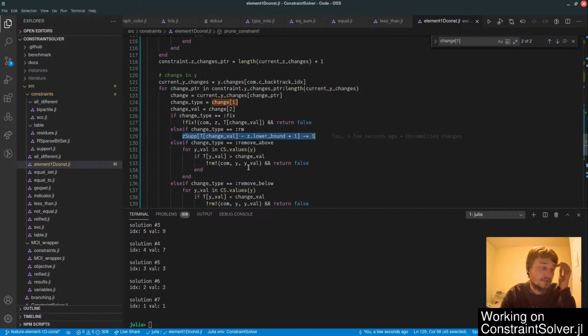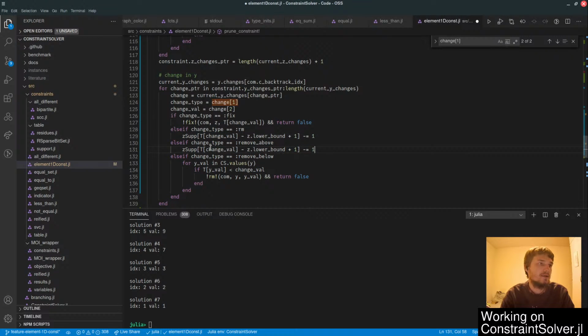Okay, so okay, remove above. What remove above means is that remove above. Oh no, but